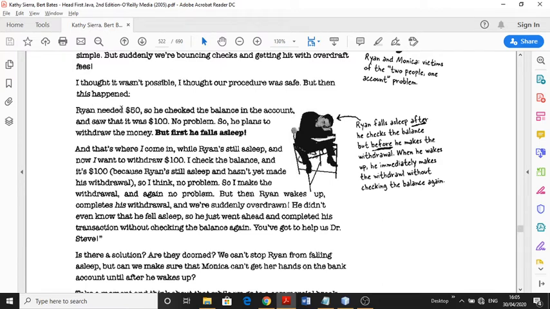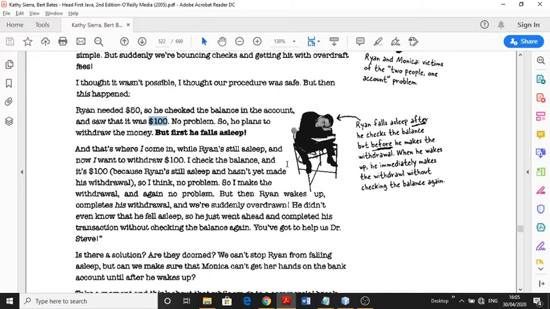Here Ryan needs 50 rupees, so he checked the balance in the account and it was 100 rupees. So no problem. He already checked that the available balance is 100, so he plans to withdraw the money, but first he falls asleep, and that's where Monica comes in. While Ryan is still asleep, Monica wants to withdraw 100 rupees.